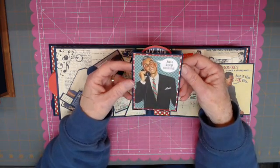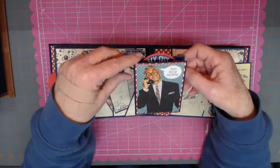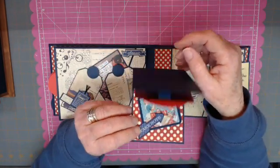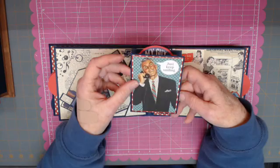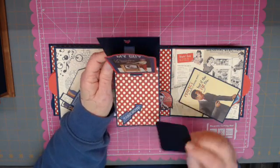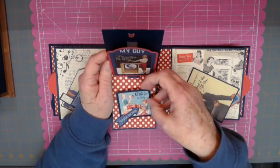okay, I thought this was just too stinking cute. This is another thing that I really, really like. Okay, artisan cardstock. It was matted with some of the red polka dot paper, and then one of the cut aparts put on top. This actually is a card, and it's a pop-up. Isn't that too cute? It's a pop-up card. And it's also on the bottom part of the pop-up. It has a stop here that I took. Again, matted one of the cool stickers and another one of the cool stickers and made a cute little tag